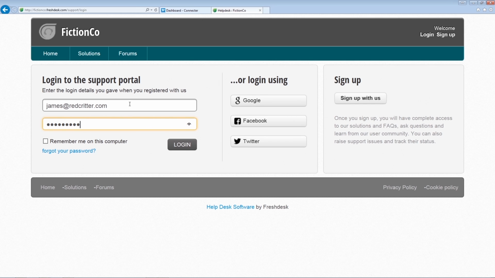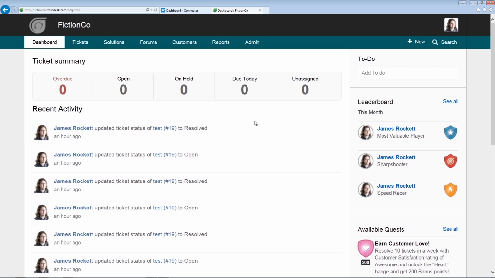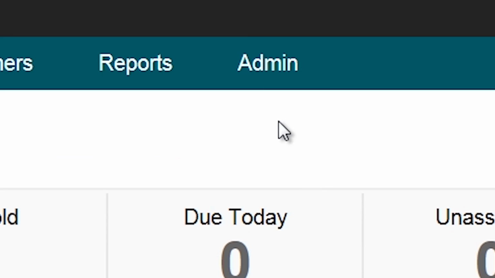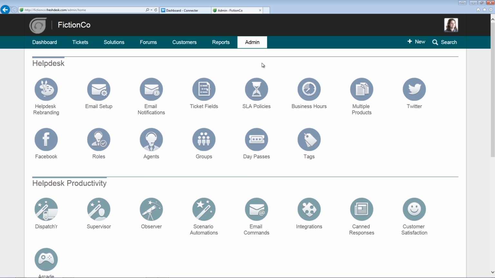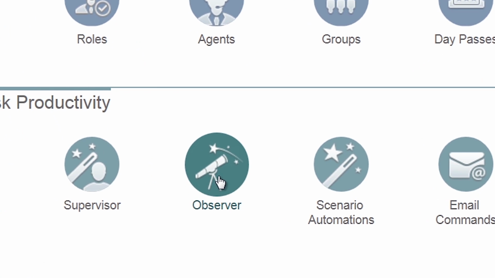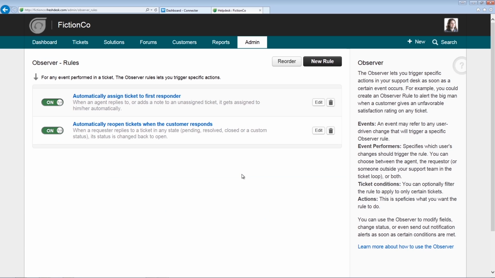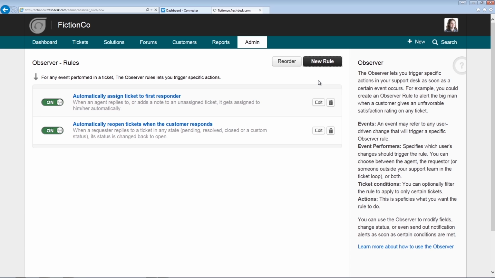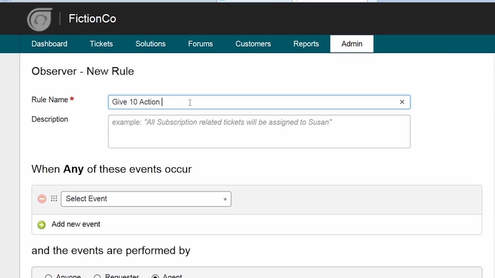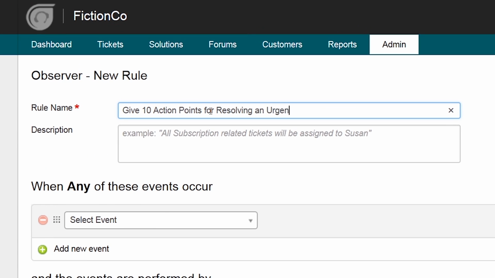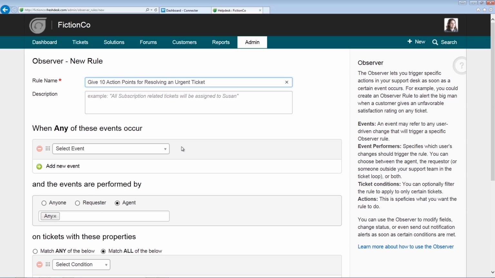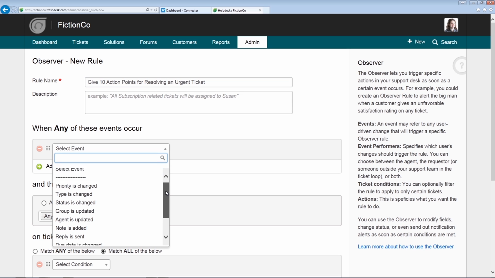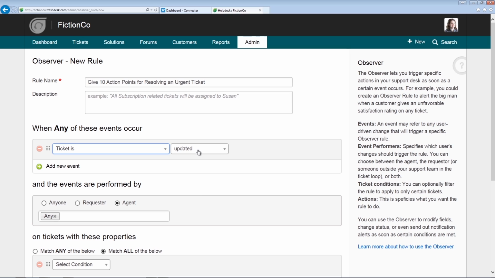Go ahead and sign into your Freshdesk, and you will need administrative access. If you go and click Admin, find this Observer under Help Desk Productivity. This is where we're going to write our first rule. Go ahead and click New Rule. We're going to call this Give 10 Action Points for Resolving an Urgent Ticket. And then we're going to select some conditions. So when a ticket is updated,